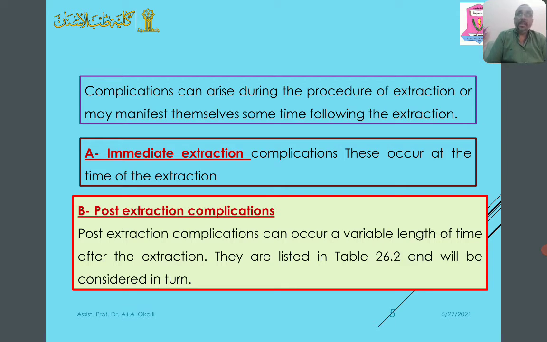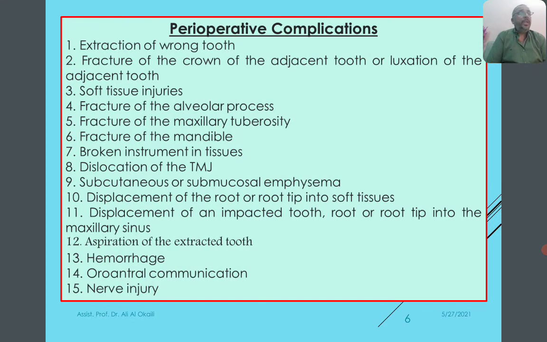ممكن أحيانا نسميها immediate extraction or immediate complication. These occur at the time of extraction, and post-extraction complication or post-operative complication that can occur a variable length of time after extraction. ومثل ما نشوف الآن the perioperative complication or the immediate complications are extraction of the wrong tooth, fracture of the